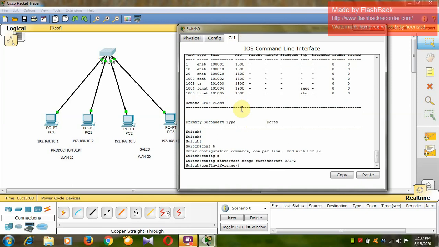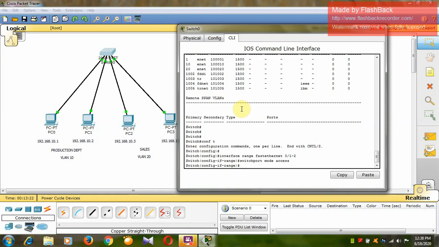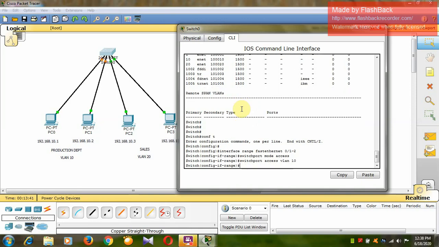Now after this, you have to give switchport mode access. You have to convert these ports into access ports. Then switchport access vlan. In which VLAN do you want to put these two ports? I want to put them under VLAN 10. So they will come under VLAN 10.